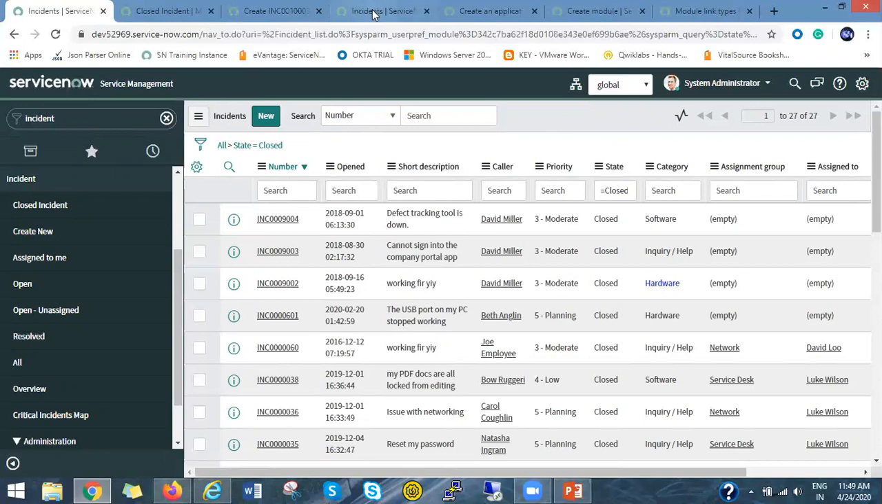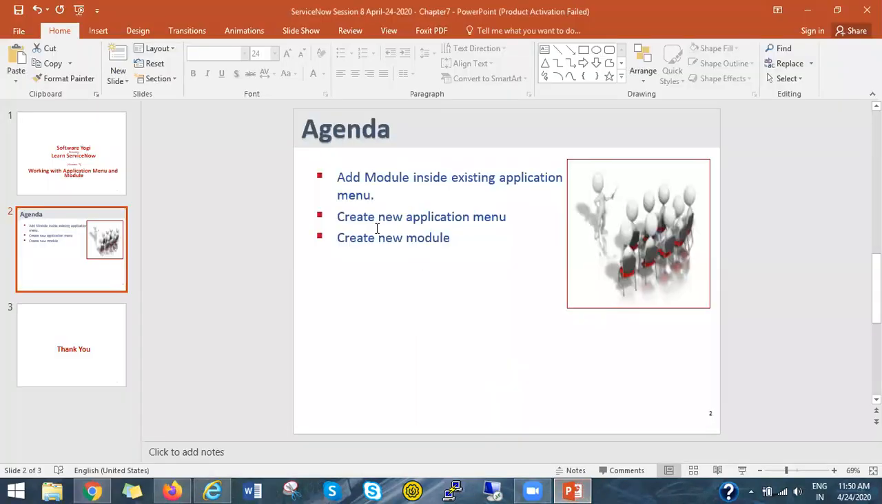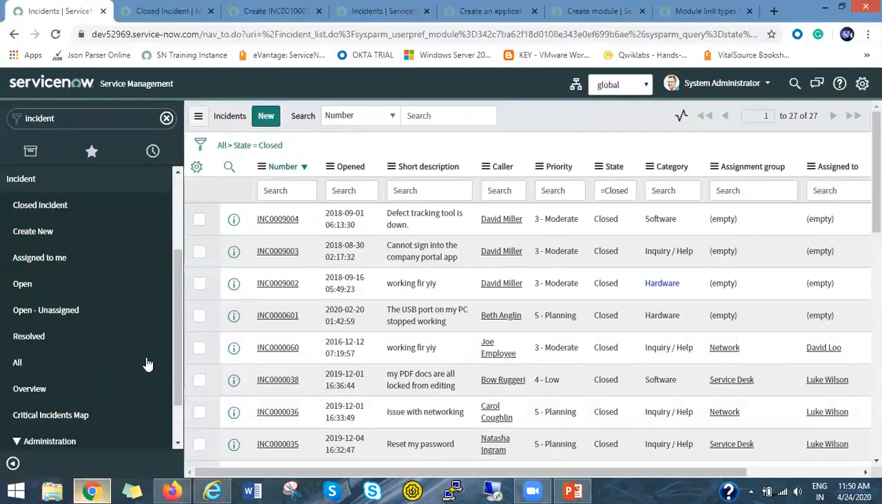Okay, so now our second topic is create new application menu. What we have just seen is creating a new module inside an existing application menu. Sometimes the client may want us to create a new application menu for their organization and add new modules or existing modules inside that new application menu. So for that, what we can do,